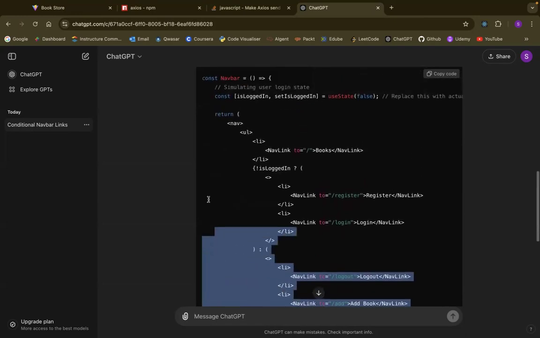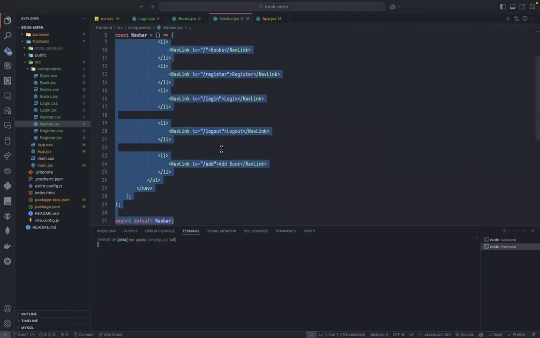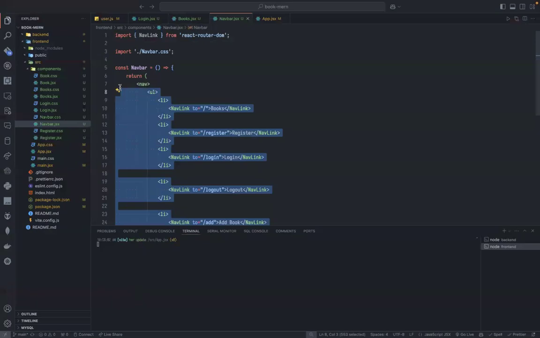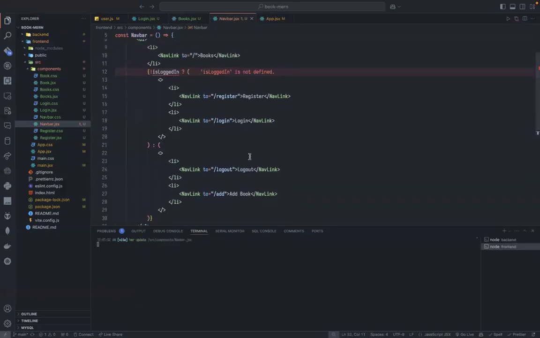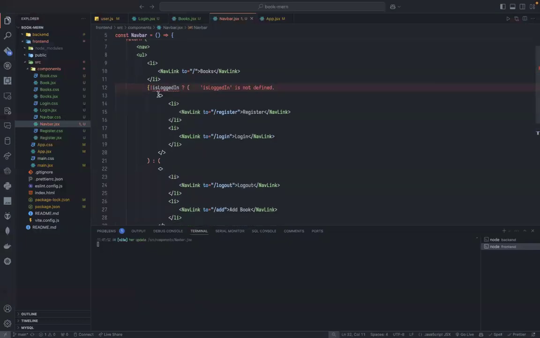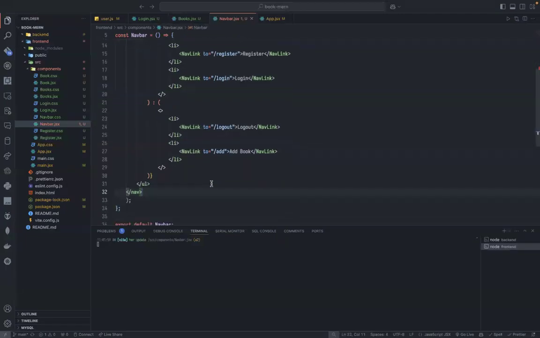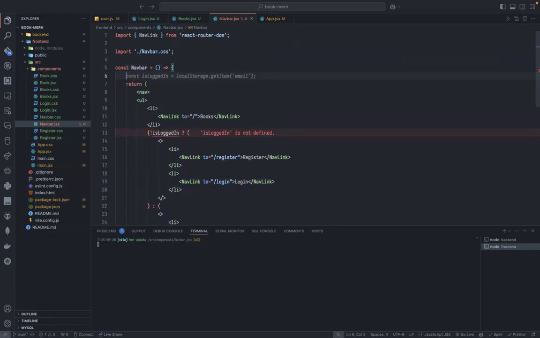So I can copy this one here, just so I don't have to type everything. Let me go here and paste this one. And as you can see here, we have isLoggedIn, so it's a variable here. We are rendering conditionally. If it's not logged in, I'm going to show register and login. But if it's the opposite, then I'm going to show logout and add. But now here, I need to create a piece of state here. So it will be const